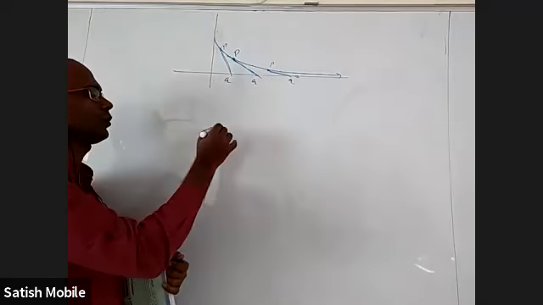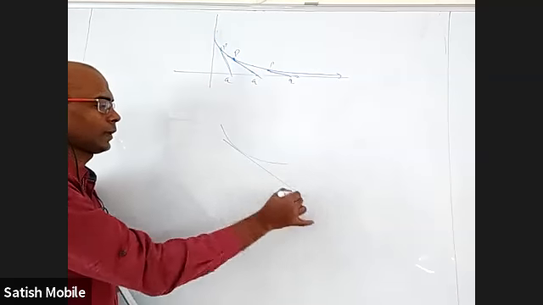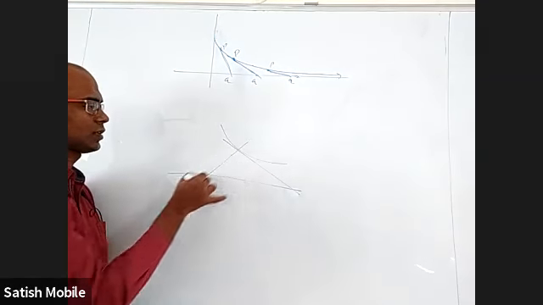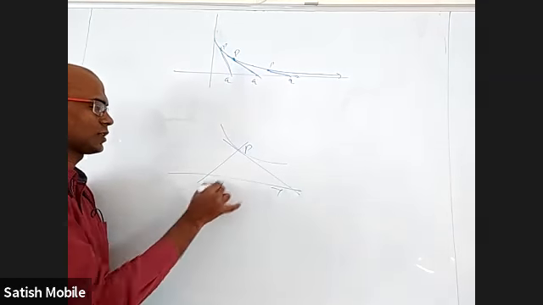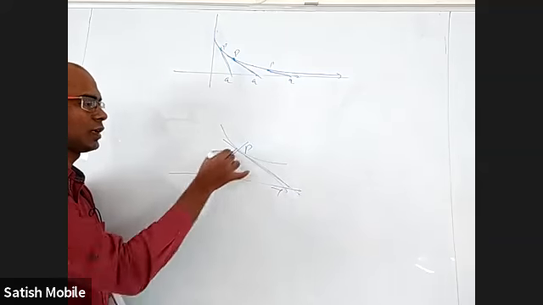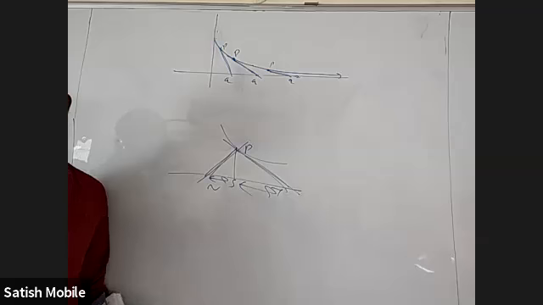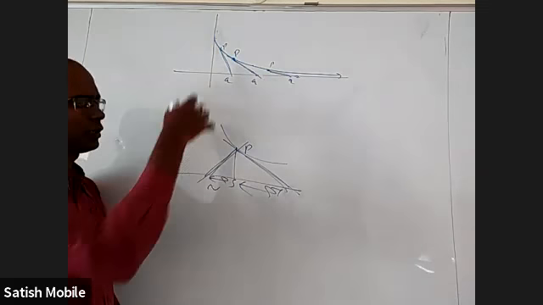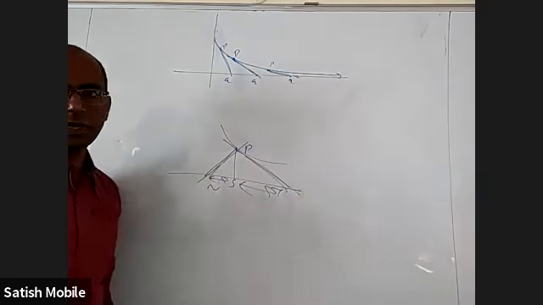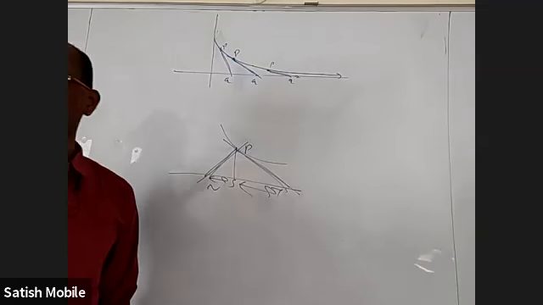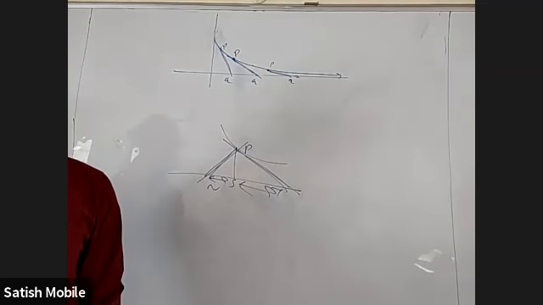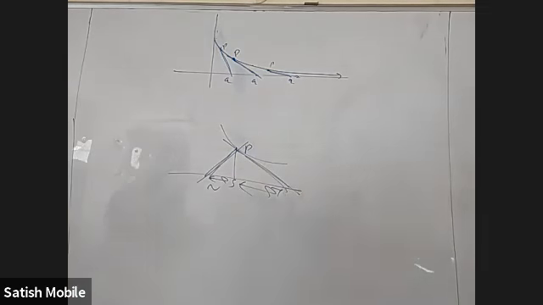If you take a curve, and this is the x-axis, and this is the normal, this is P, this is T, this is N. This is called length of tangent. This is called length of normal. This is length of subtangent, and this is length of subnormal, right? So instead of telling all these words, you have to just say there is a curve where at every point the length of the tangent is 1 unit. Okay, that was the question.